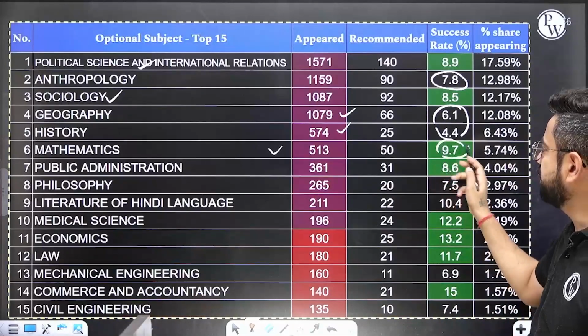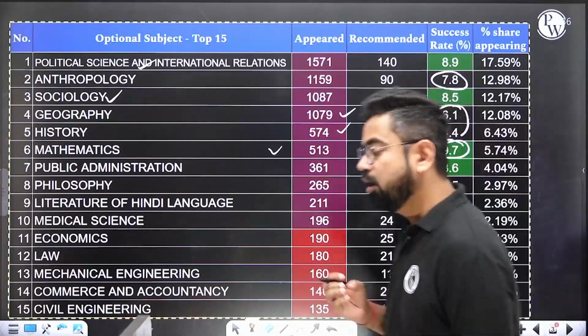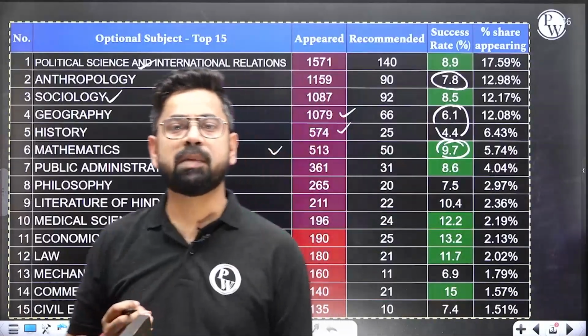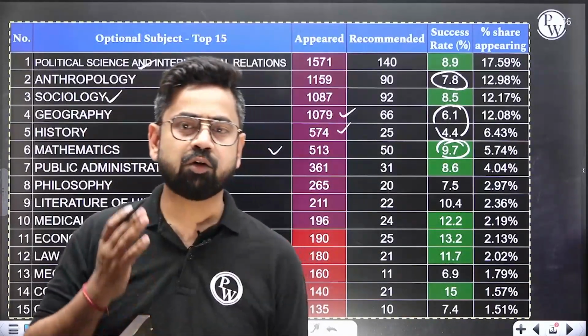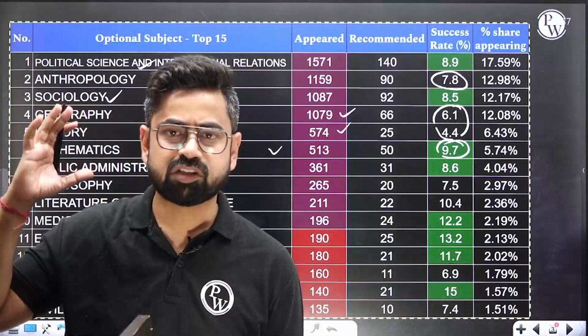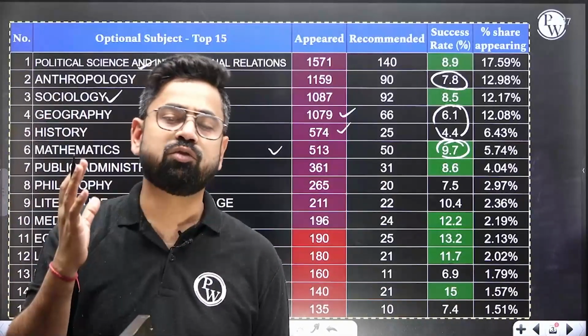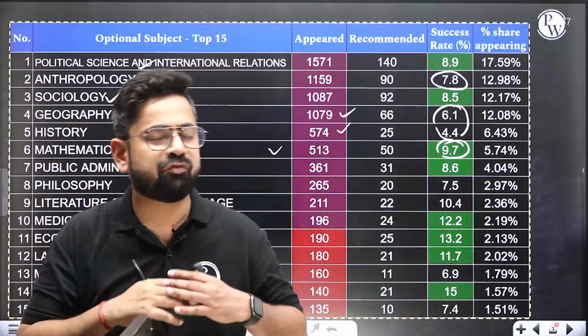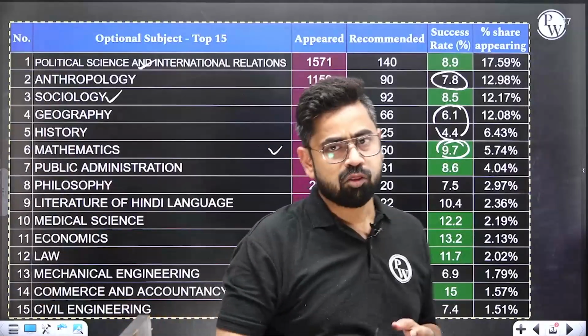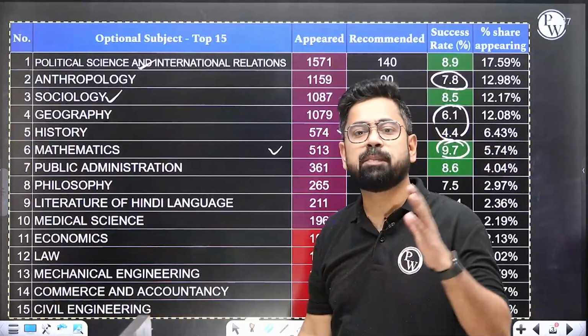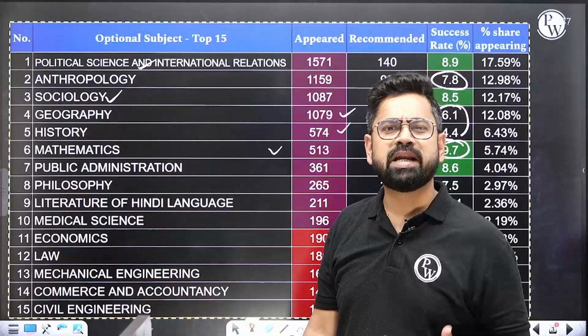First of all, the success rate is very high, 9.7%. Also, the score possible in mathematics is very high. You can go as high as 350, 360 marks in mathematics, which is far away from the other optionals. So mathematics is score-wise one of the best optionals,